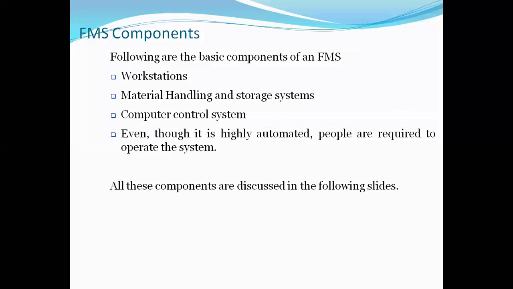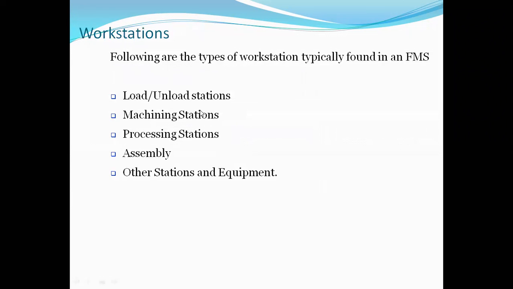See, here, if it is a highly automated system, it means there is no human requirement? It is wrong. Every industry will require a human just to control the entire process, though it may be automated also. Okay, so to operate the computer or to control the system, you require a human interface everywhere. So these are the four basic components. So we'll see one by one.